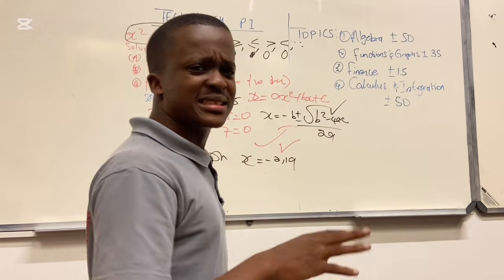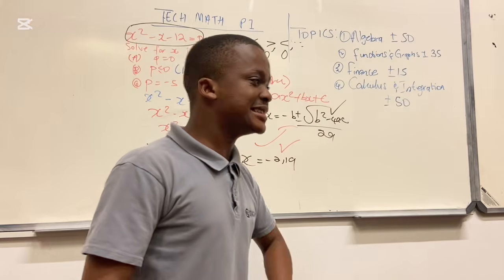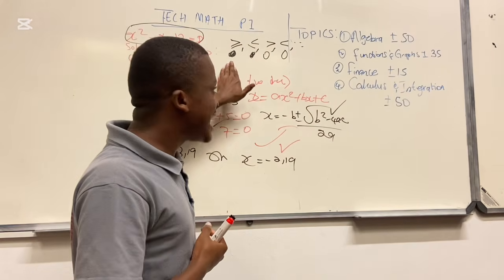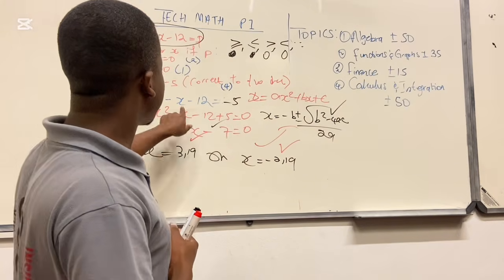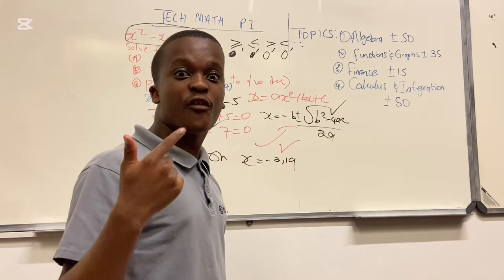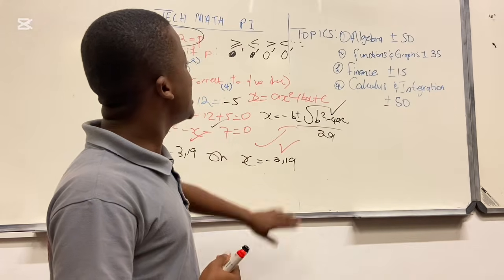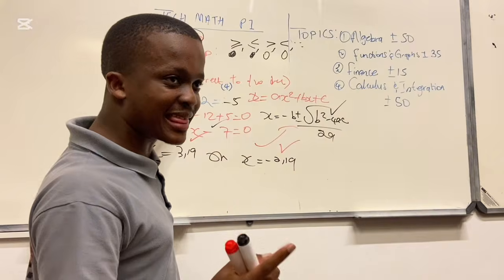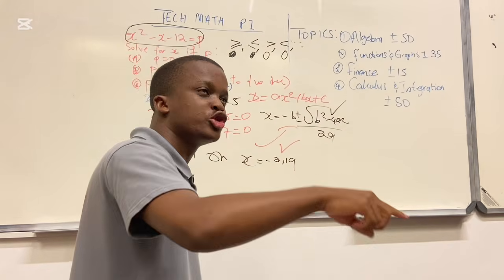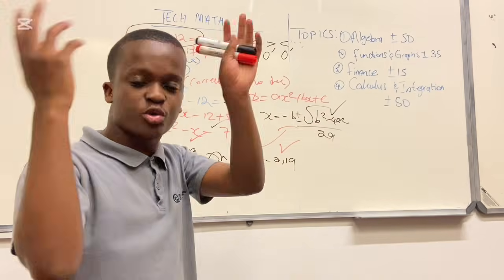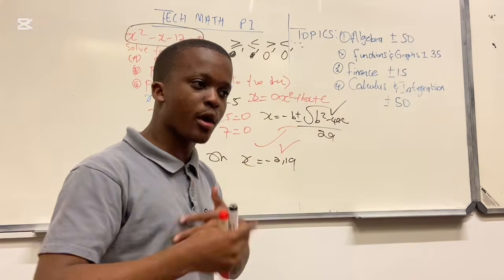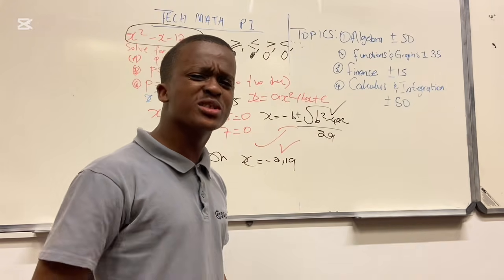Now let's go to simultaneous equation. The inequality is that if we have greater than or equal to 0, that is shaded. The equality is up. We will have the negative 4, no 3. So x is less than or equal to negative 3, x is greater than or equal to positive 4. So you just go through other questions.